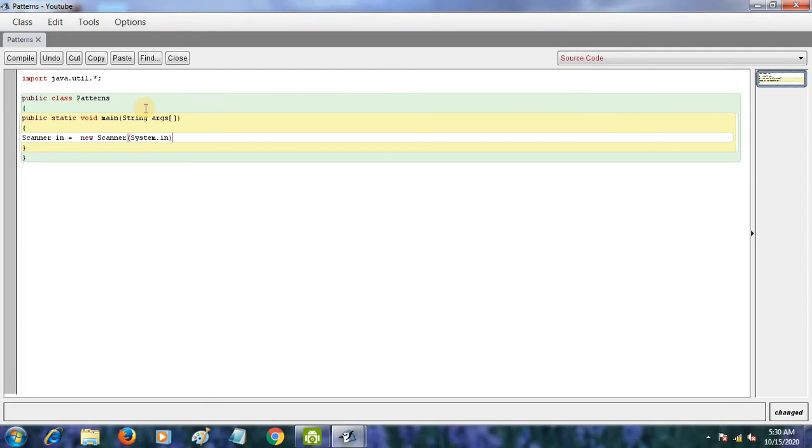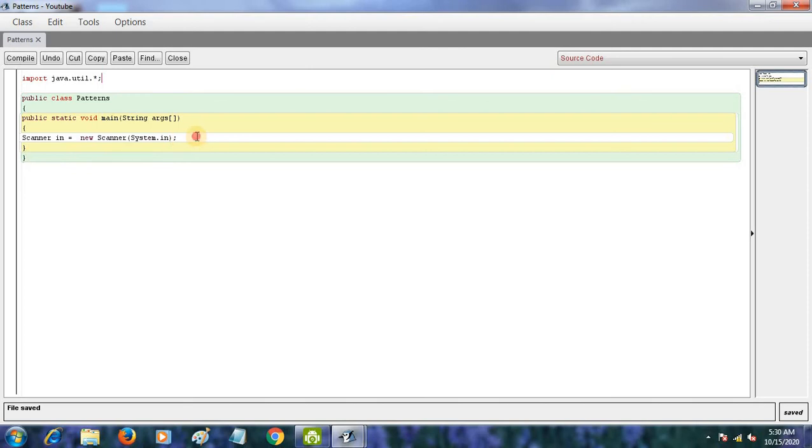Remember, after this public static void main and this flower bracket we are not going to use semicolon. Don't use it in the pattern or in the public static void main line, otherwise there will be a problem. And also use semicolon in import.